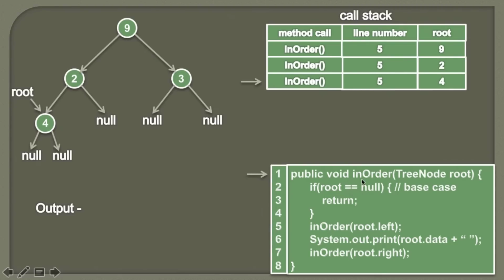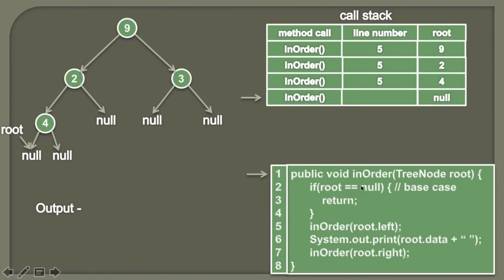So friends, now the inOrder method will be called again and this time the root will point to null. Here you can see currently root is pointing to 4 and as we discussed, we are going to root's left. So now root will point to null. And we also know that once this method starts executing, there will be one more method on the call stack. Now here you can see this inOrder method has root as null. Moving ahead, we'll check whether root is equal to null or not. Currently you see root is equal to null.